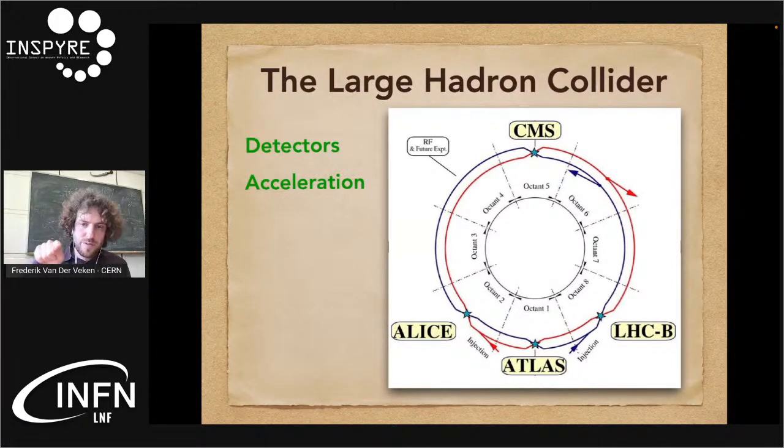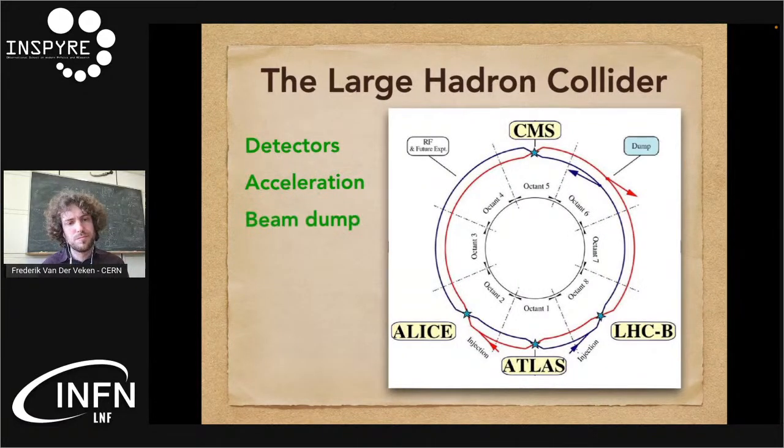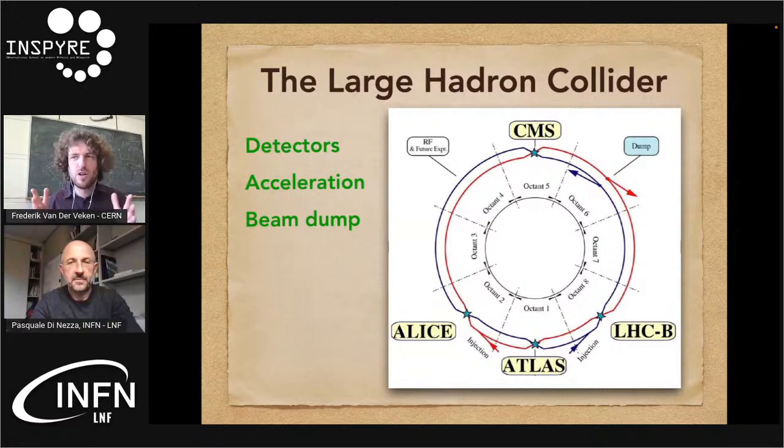So you have these experiments in octants 1, 2, 5, 8. Octant 4 is RF, so the acceleration. We have 3 left: 3, 6, and 7. What do they do? 6 is dump. Dump is what it means, dump the beam. So to understand that, you have to understand the procedure of